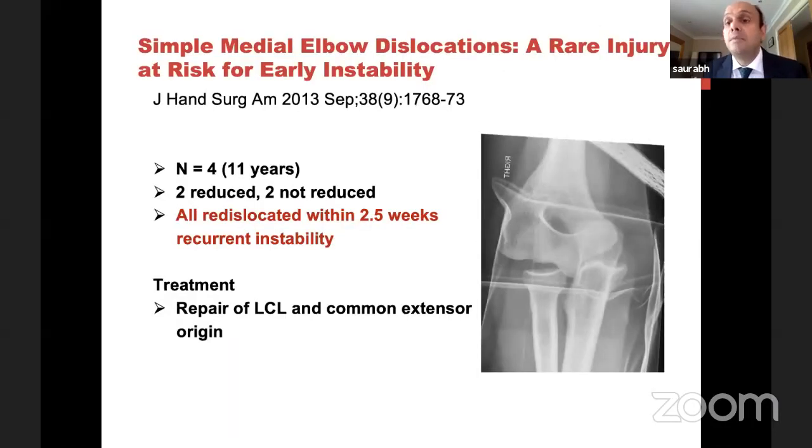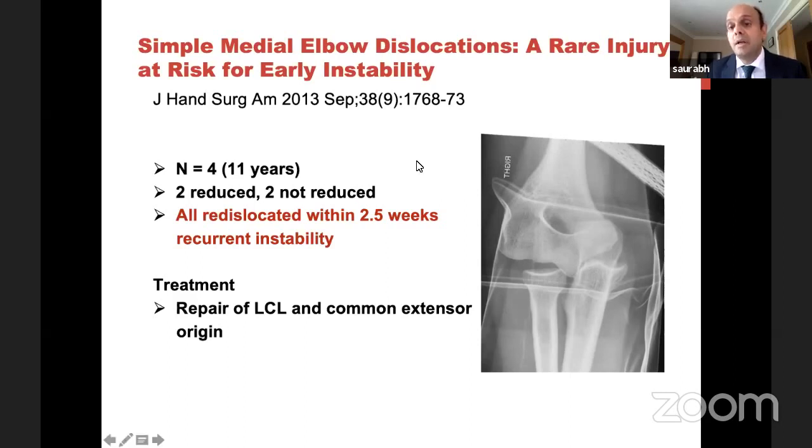Now, we've seen a posterior dislocation, a simple posterior dislocation, but remember a medial dislocation. So you can see here, the ulna has gone medially, so it's a medial dislocation, simple because there's no fracture. Now, this is a completely different kettle of fish compared to a posterior dislocation. The reason for that is, we know from this paper, these are the ones that, if you reduce and put them in a plaster, almost all of them will dislocate. So there's no point wasting 2 weeks of a patient. These are the ones which you need to take to theaters.